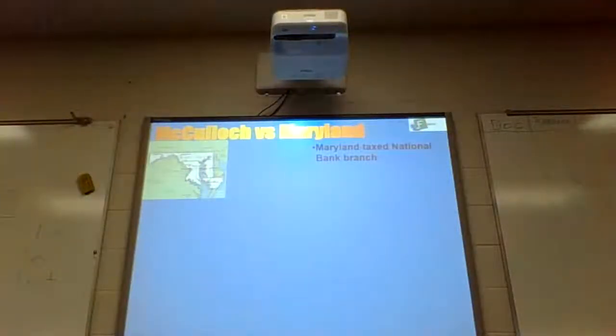The National Bank is the thing that Hamilton came up with, right? But it wasn't one building. It had several buildings in several locations. You know what each one of those buildings was called? A branch, right? The branch is all connected to the tree. Get it? Get the metaphor? This was the Maryland branch of the National Bank.